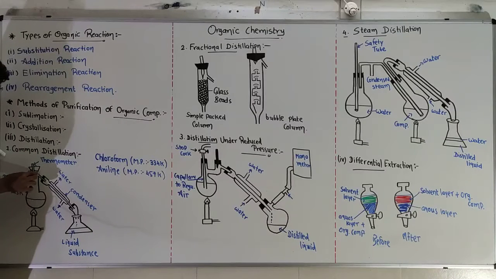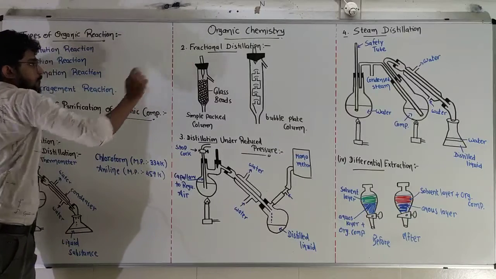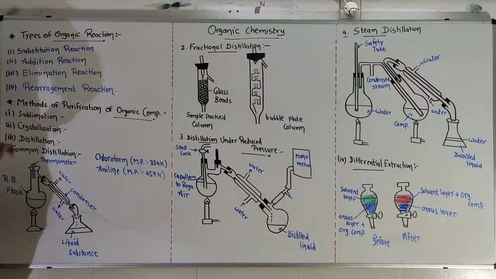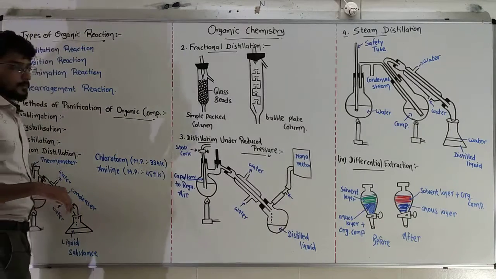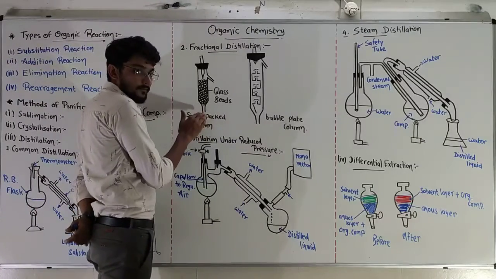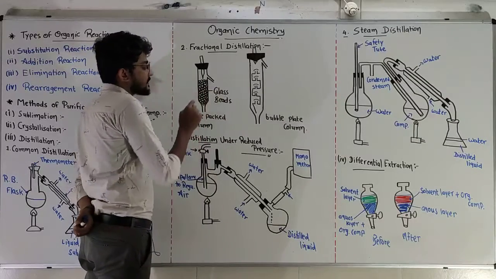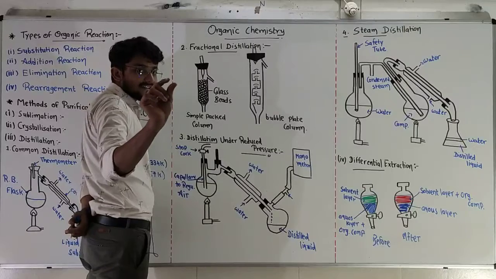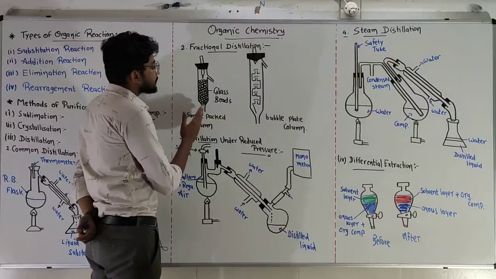This round bottom flask has one more pipe, one more column called a simple packed column, and into that simple packed column I have a thermometer. Same procedure. What happens? Okay, I have two substances, I am heating them. The substances will vaporize simultaneously. Both of the substances will vaporize, and from the round bottom flask they will enter into the simple packed column. Here I have glass beads, small round glasses, small round glass balls, you can say that.